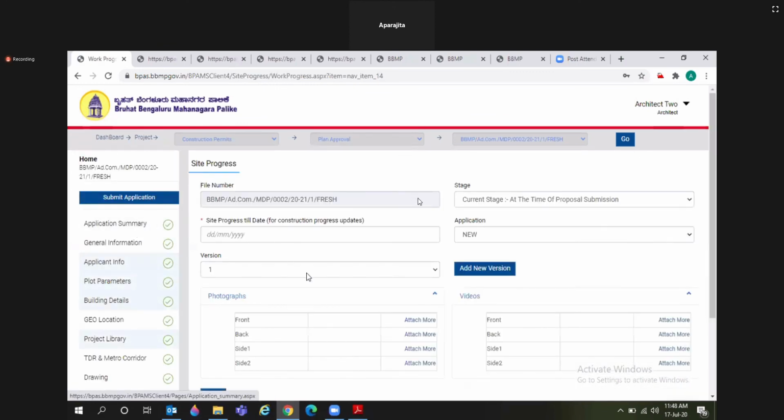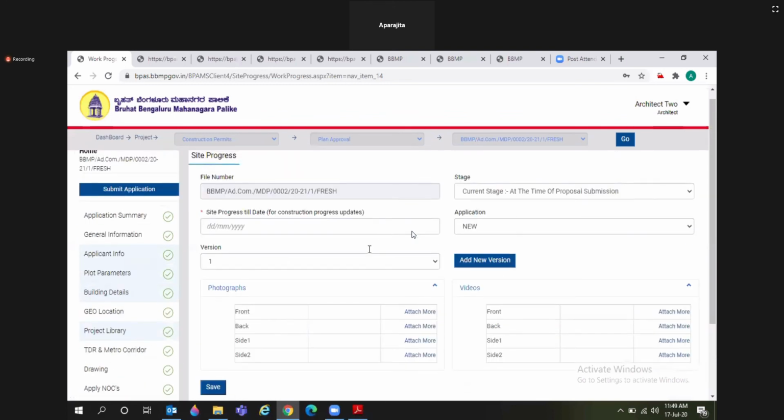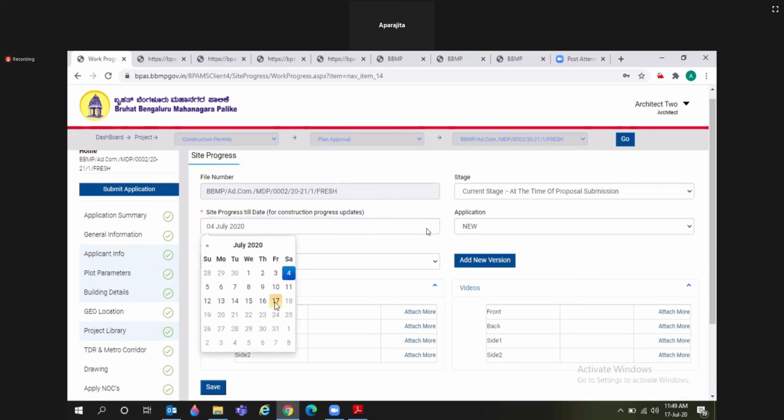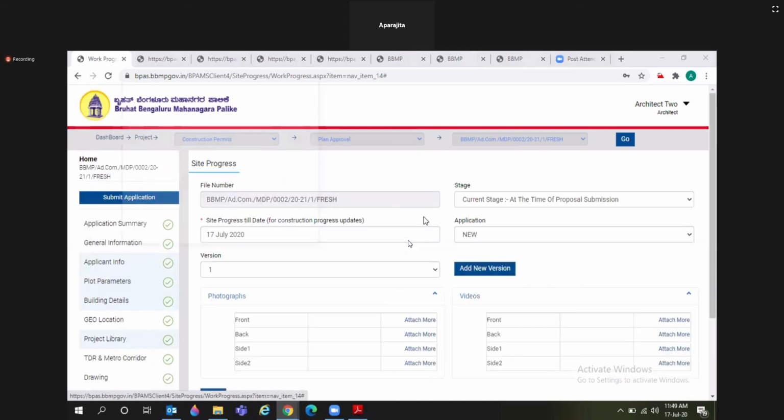Then go to site progress and you have to select your site visit date. Then attach photographs related to the site visit.